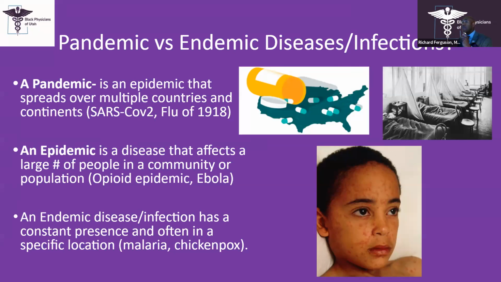But then also we have an epidemic. So that's a disease that affects a large number of people in a community or population. So that's often country specific. And one notable example that I will give is the opioid epidemic. I'm sure many people probably don't hear about the opioid epidemic affecting China, Indonesia, Rwanda, Cameroon, Japan. I could go on and on with the number of countries, but given the lawsuits that are going on, pharmaceutical industry